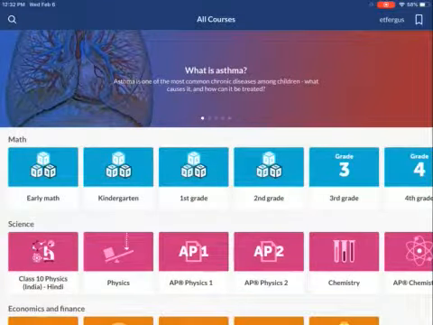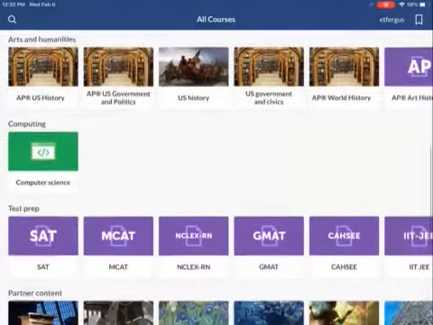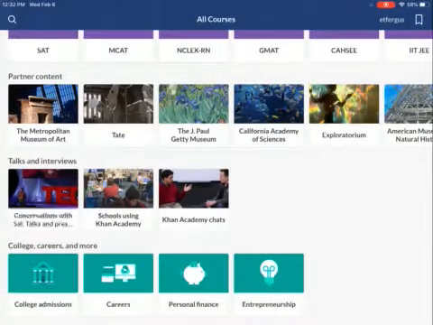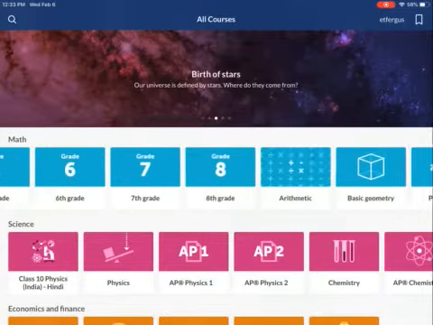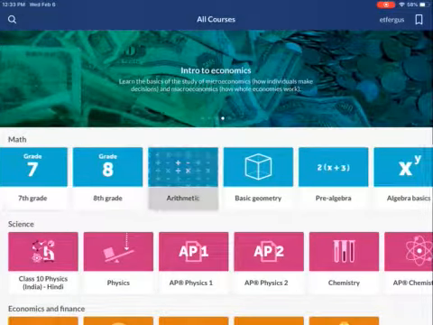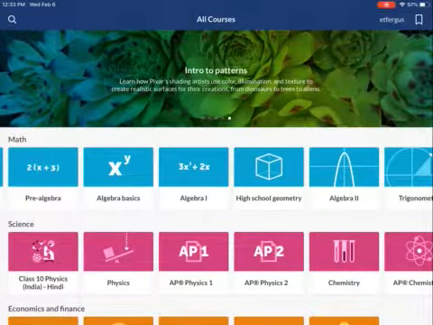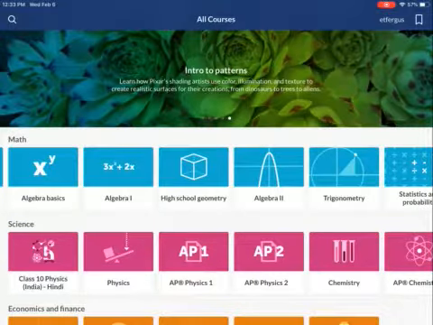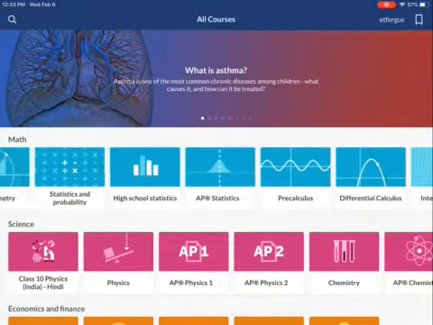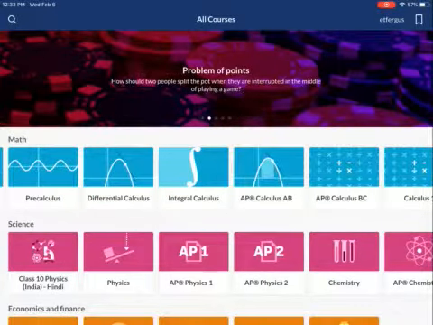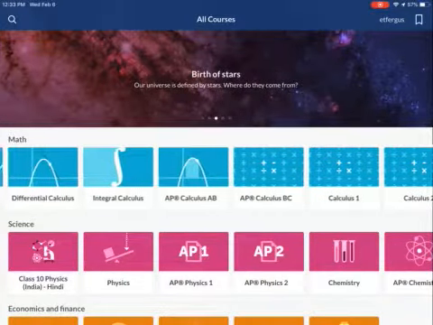And this app is great because there's videos on multiple different subjects, as you see here. One that I've really used a lot is the math section, watching videos, and it helps a lot. So as you can see, you can go by subjects, like math subjects. You got pre-algebra, algebra 1, algebra 2, geometry. So it goes by each part of math, but then you can also go into, so let's go into